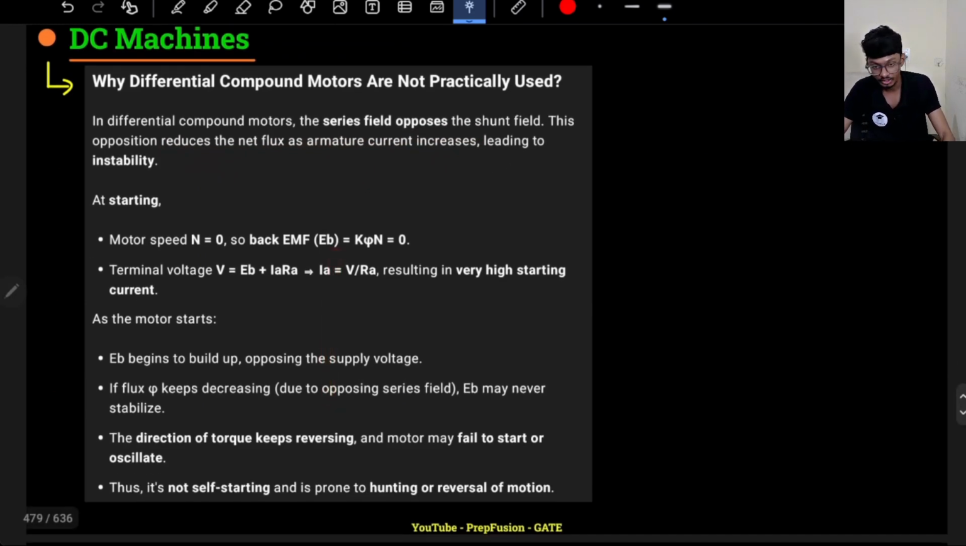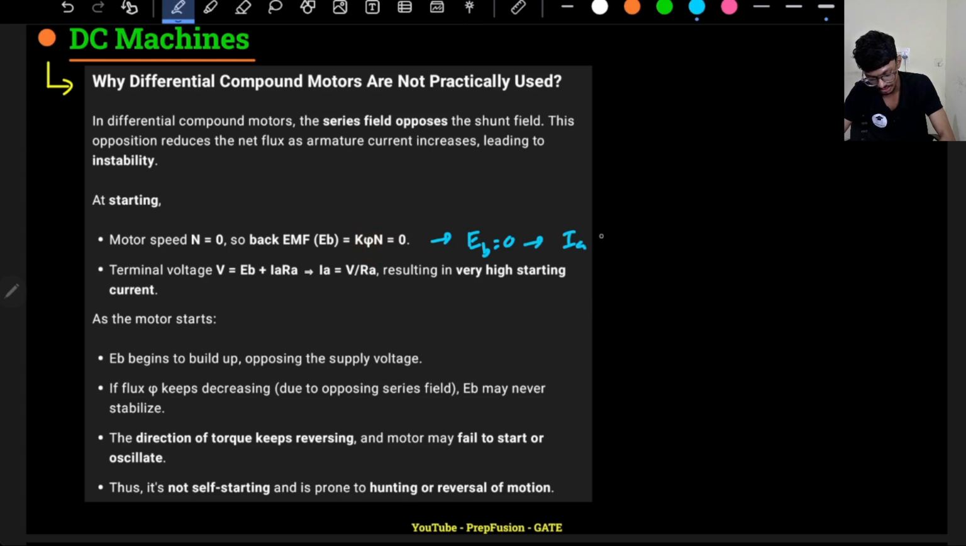So when motor speed N is 0, the back EMF is 0, right? If the motor is not rotating, that means the speed is 0, and it does not matter whatever the flux value is, the EB will be 0. If EB is 0, there will be a huge current IA flowing. IA will be VT by RA, correct? So this is a very high current, right? RA is very small, roughly 0.1